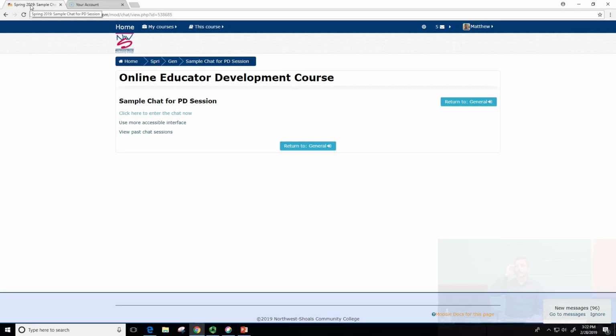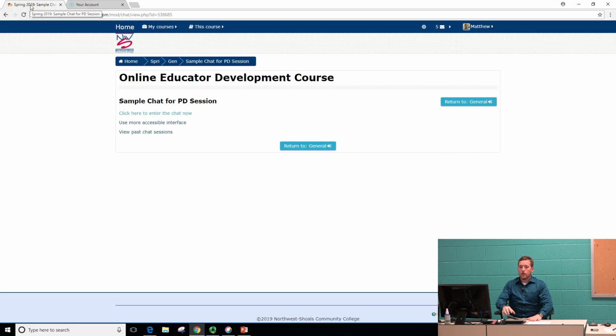In terms of WebEx Teams, the reason that we haven't pushed WebEx Teams more than we have up to this point is because for you to be able to use it efficiently requires that our students are in the WebEx Teams database, and we want them to be in that database with their Northwest Shoals email. And so our plan moving forward, with our new distance orientation, is to require them to set up their Northwest Shoals email, get them to log